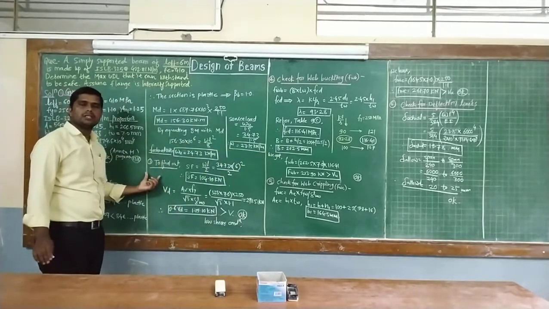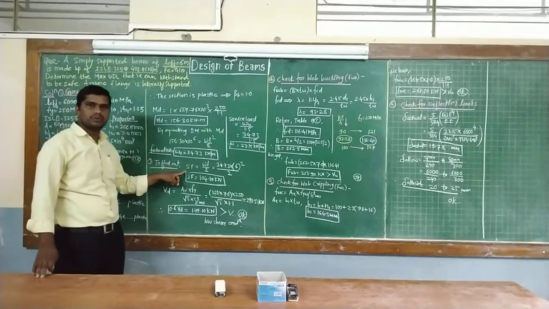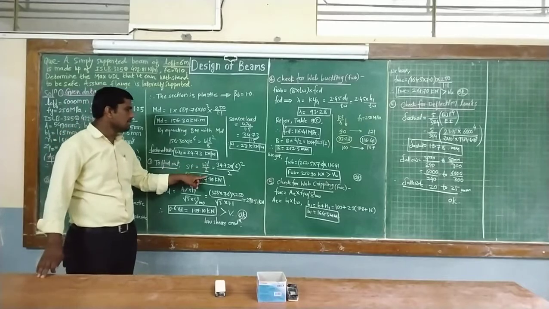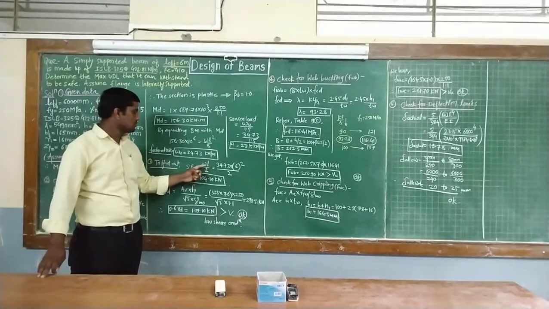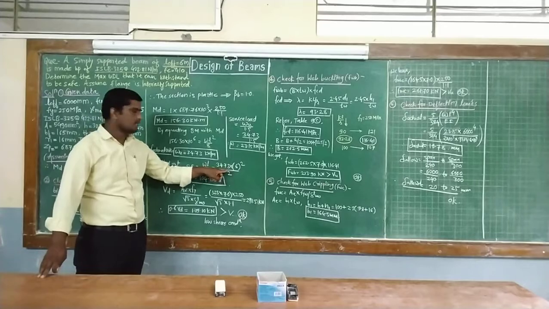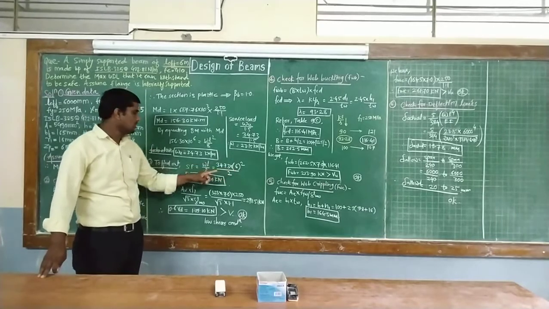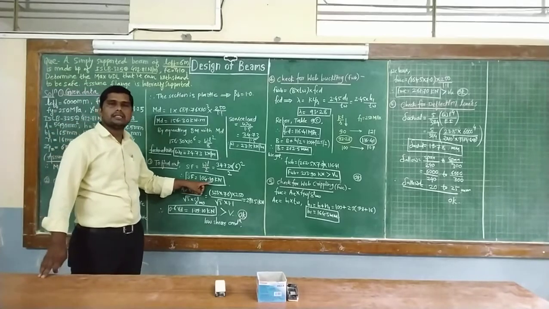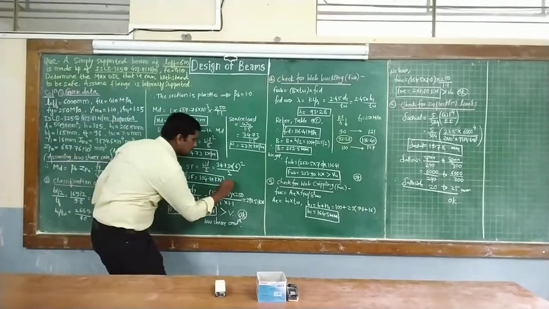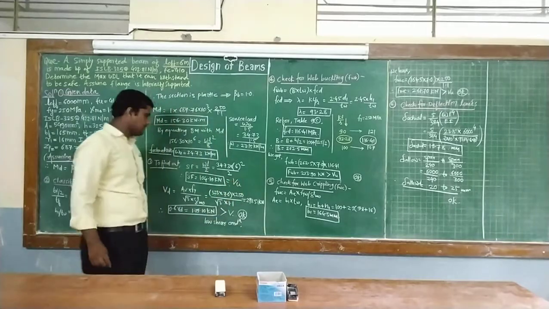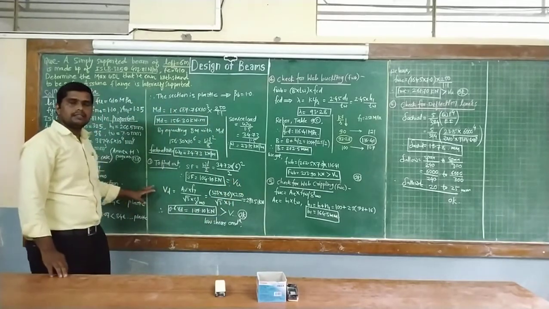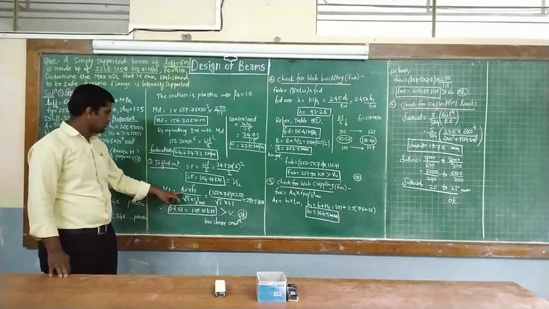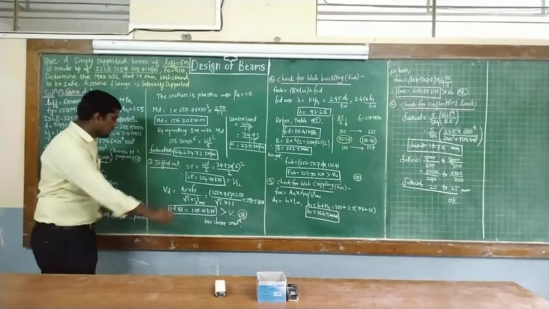Then the third step in this design is to find out the shear force. Here we find the maximum factored shear force, WL by 2, where W is 34.73 and length is 6 meter, divided by 2. So the shear force will be 104.19 kilonewton. We can consider it as Vu also. Our condition is low shear, so Vd is equal to shear area, and this shear area is related to the web section.